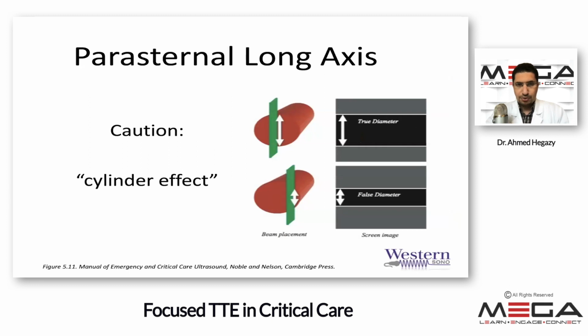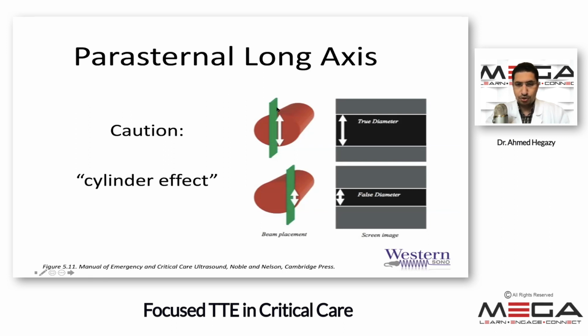I want you to bear in mind that when you are doing these exams, it's important to cut the chamber of interest in its true diameter. So try to make sure that you capture the chamber of interest as big as it can be. So essentially, what I'm trying to say here is avoid the cylinder effect. If you're cutting through a cylinder right in the middle, it'll look like it normally is. It'll look like its normal